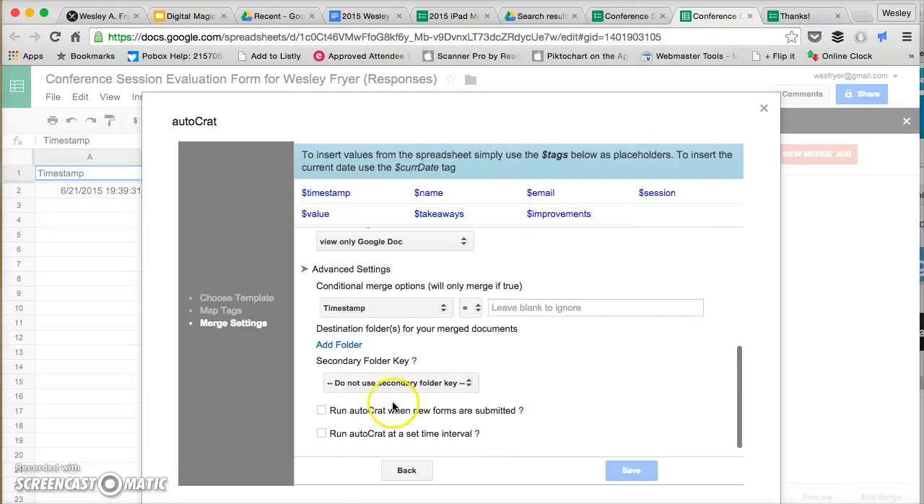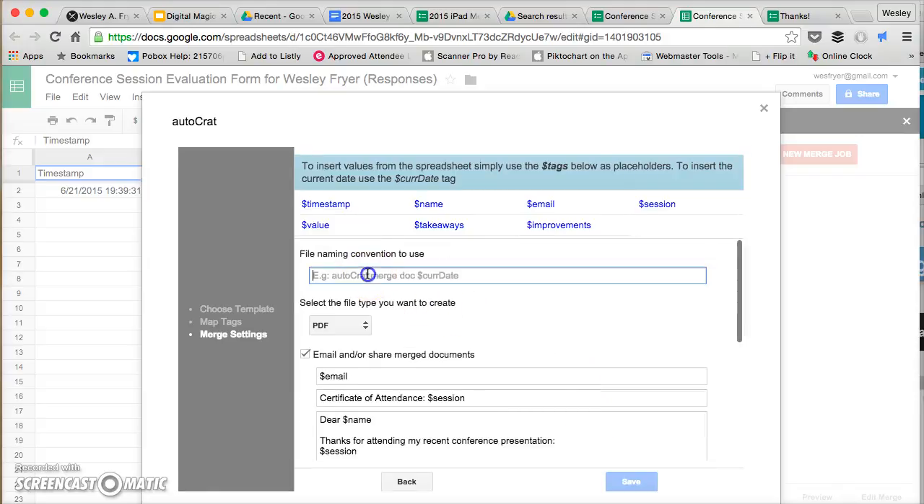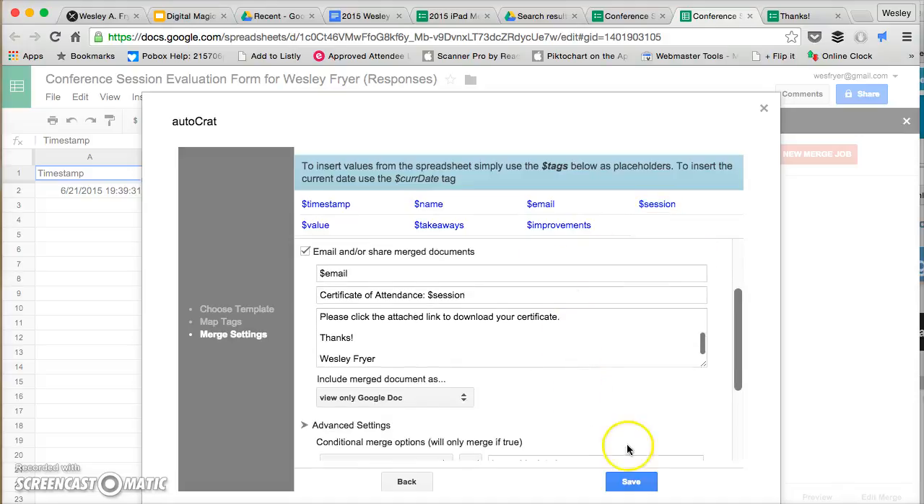I'll go down here to Advanced Settings, and I'm going to say Run Autocrat when new forms are submitted, and that means it's going to automatically submit. I guess the last thing I want to do is I can go ahead and put in PD certificate, and I can put the name, and then I can also put the session. Okay, I'm about out of time. So basically, that's it. I go ahead and click